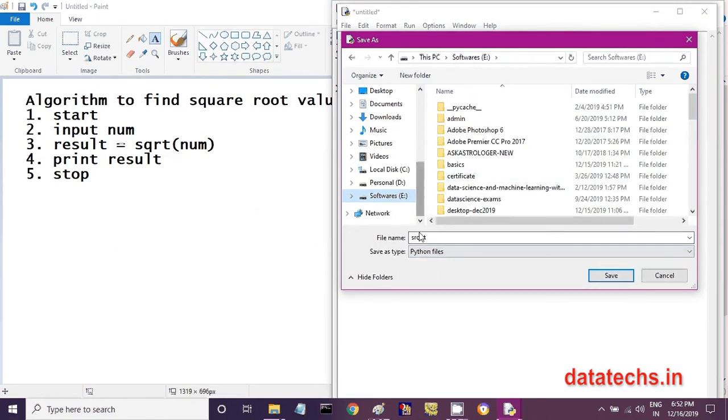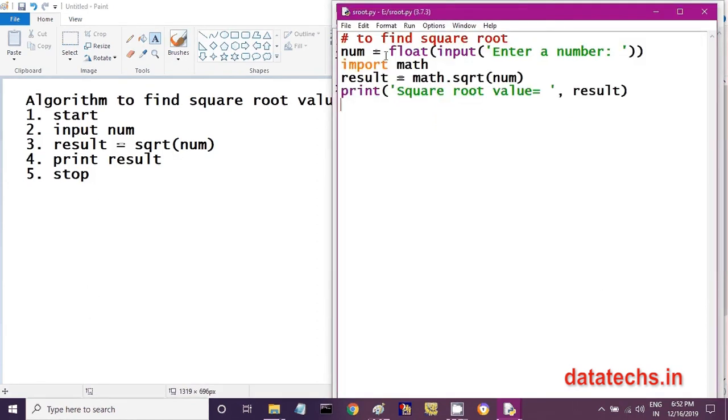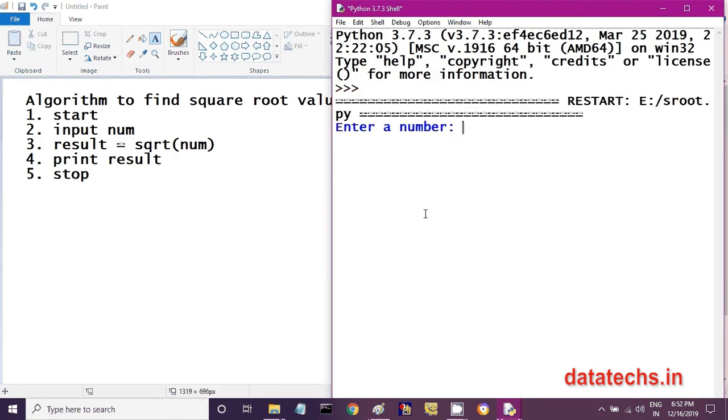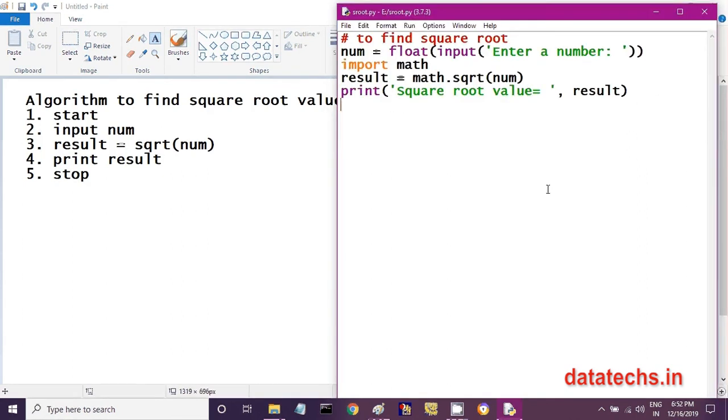It will add .py at the end of my file name, sroot.py. Click on the save button. My program is saved. Now run module, which will ask me to enter a number. I am typing the number 256. It is giving me square root value is equal to 16.0. So this is a way you can calculate the square root value of a given number.